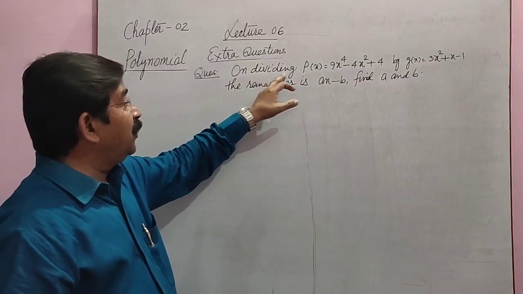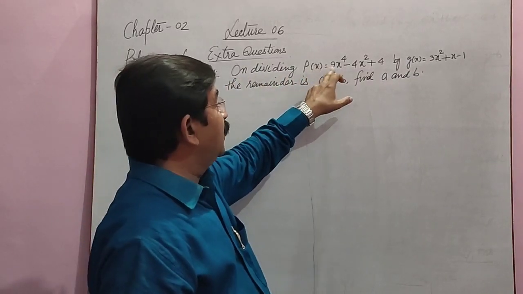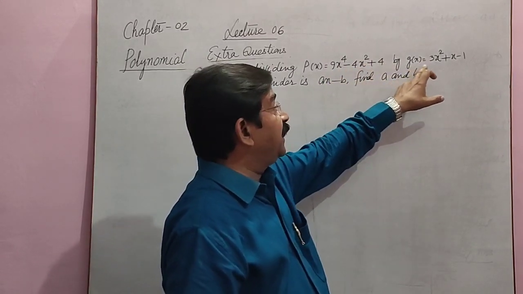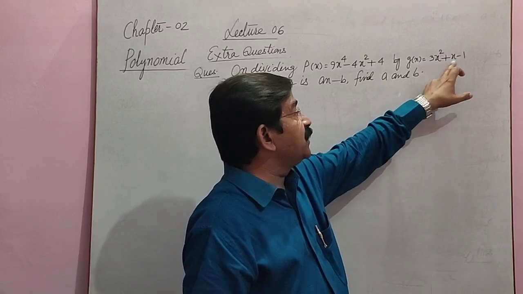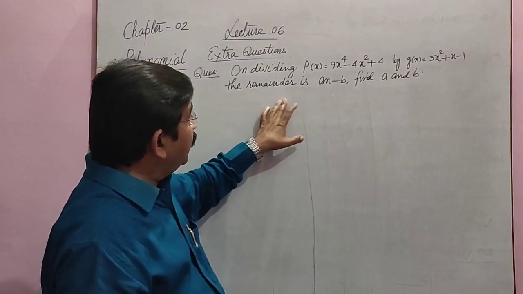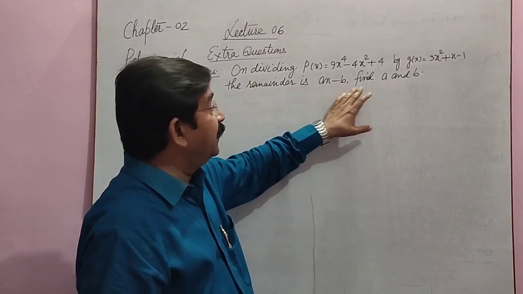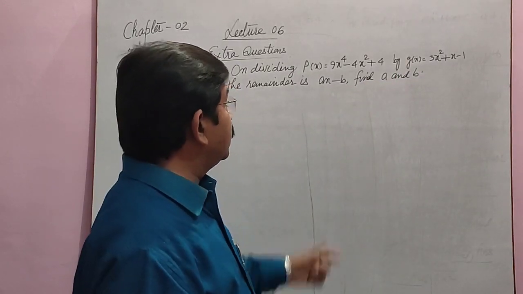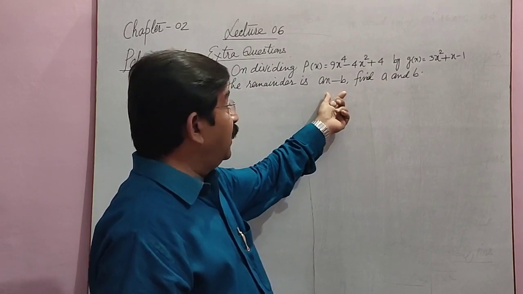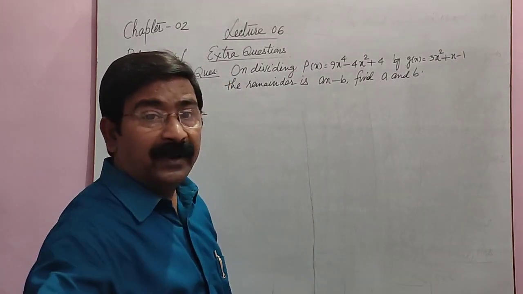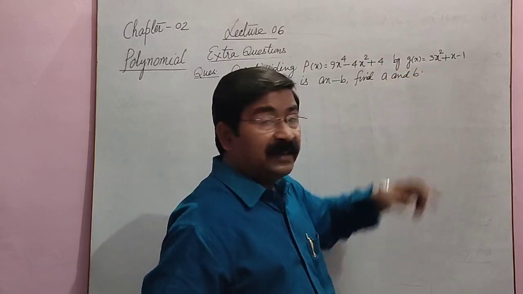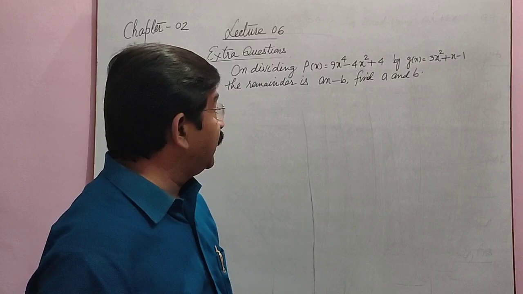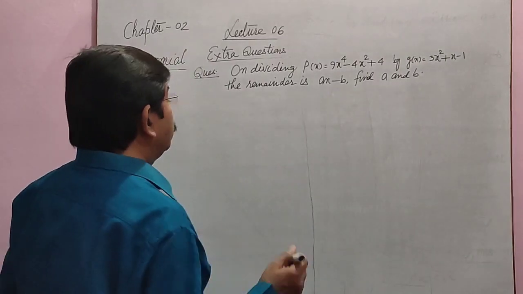Question is on dividing this polynomial p(x), 9x to the power 4 minus 4x square plus 4, by another polynomial, 3x square plus x minus 1. The remainder is ax minus b. Then we'll find the value of a and b. Simply, this is the given remainder, and one will be the calculated remainder when you divide this polynomial by g(x). Finally, we will compare the two remainders and we can get the values of a and b. So here,